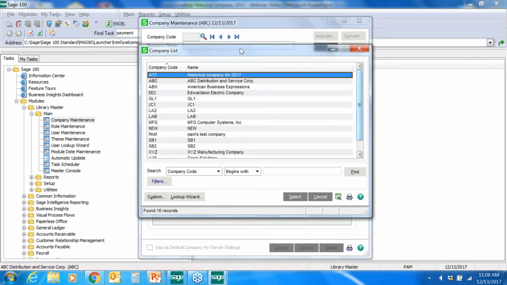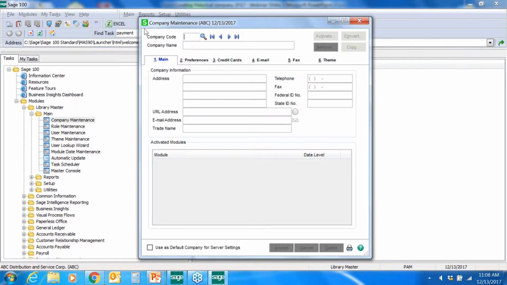So if you have multiple companies that you process payroll in, what I might suggest is to use the first letter of the company code and then use the year behind it. What we're going to do today is I'm just going to call it Y17 for year 17. So I'm going to put in my company code,